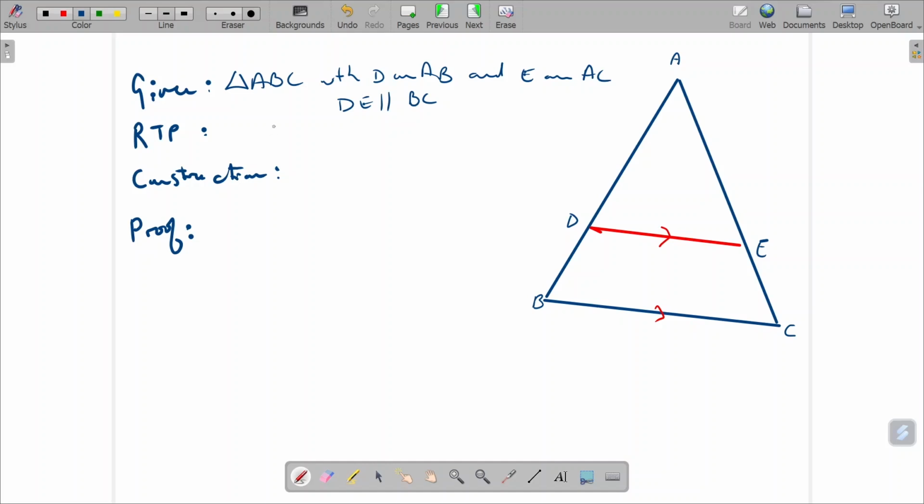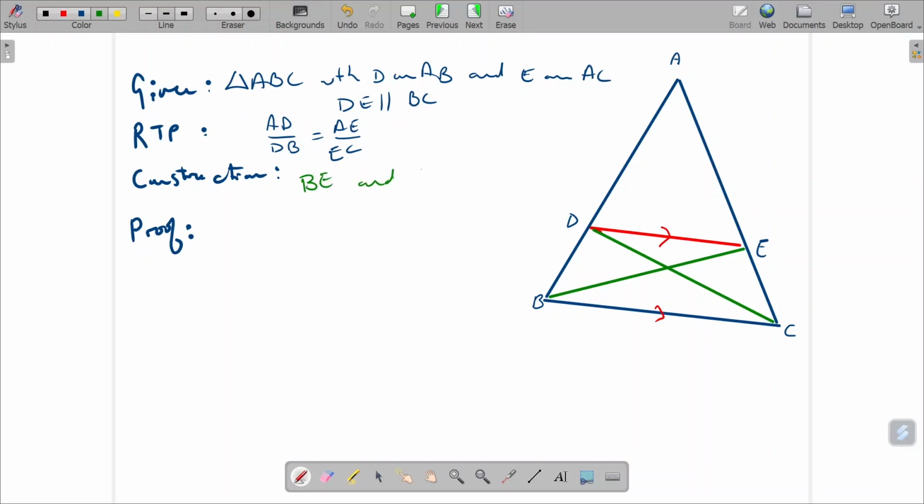I'm trying to prove that AD over DB equals AE over EC. And again, I do need to make a construction. My constructions here are going to be the two lines BE and the line DC. So I'm going to quickly label those in. I construct BE